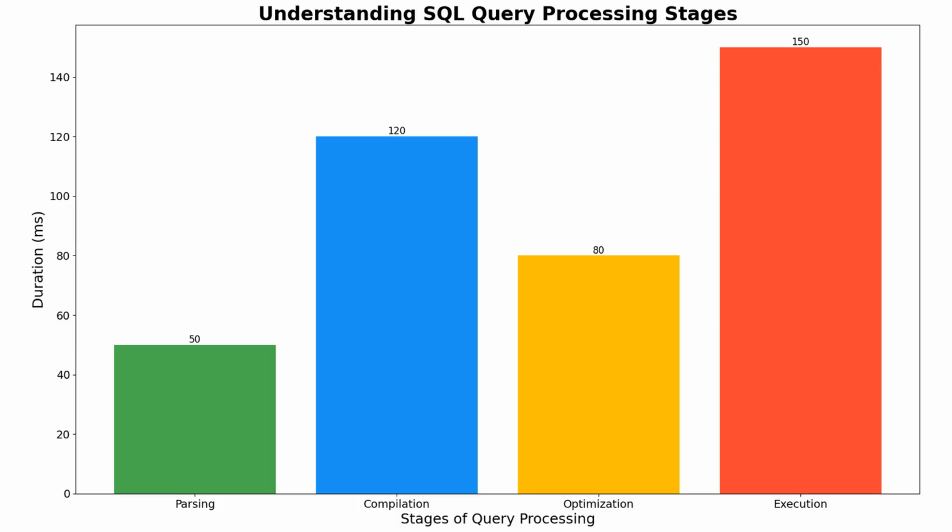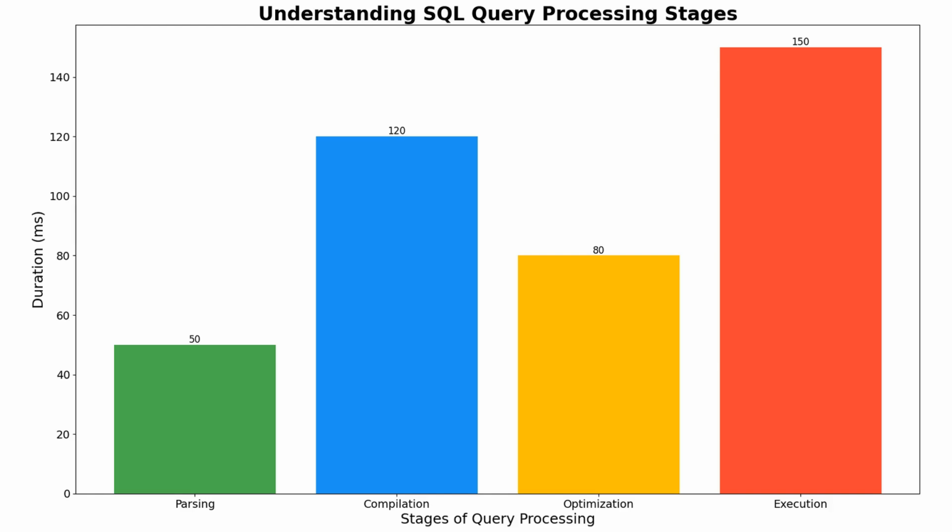The accompanying figure, titled Understanding SQL Query Processing Stages, displays a bar chart with 4 distinct stages on the x-axis: parsing, compilation, optimization, and execution, and their measured durations on the y-axis in milliseconds. The bars are color-coded: green for parsing, blue for compilation, amber for optimization, and red for execution. And they're annotated with exact numeric values on top. Parsing takes 50 milliseconds, compilation is at 120 milliseconds, optimization comes in at 80 milliseconds, and execution, the longest stage, takes